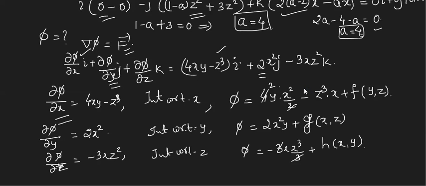How many terms are there? In this first expression, there are 3 terms altogether. But in the rest of the 2 equations, we have only 2 terms, right? That means what should be the value of this term? Obviously 0, because it should balance. Instead of 3, we have to get only one unique expression.